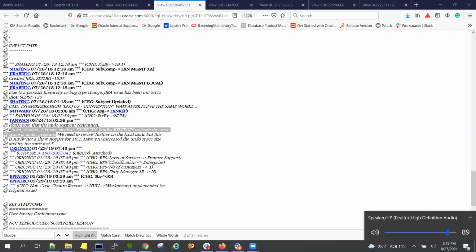If you are 100% sure that this is not matching any criteria or any known bugs, and it is surely a new bug, then go and file a bug. Why I'm saying this is, if you file a bug, it will take more time for the customer to get a solution. Even if it's a severity 1 bug, it depends.